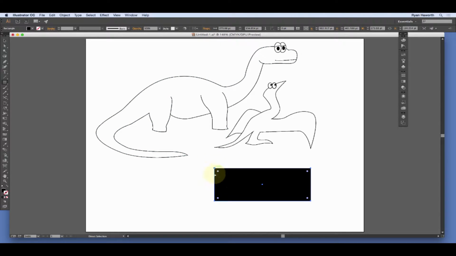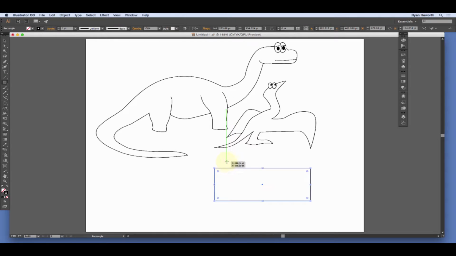So for example, let's take this rectangle and switch the color to no fill with a black stroke, and that for me is just going to be swapping those because that's what I have here. So Shift X will swap the colors, and then I can use my direct selection tool, but I can't select that rectangle, so I can hold down Control or Command and Alt or Option at the same time and click that line,